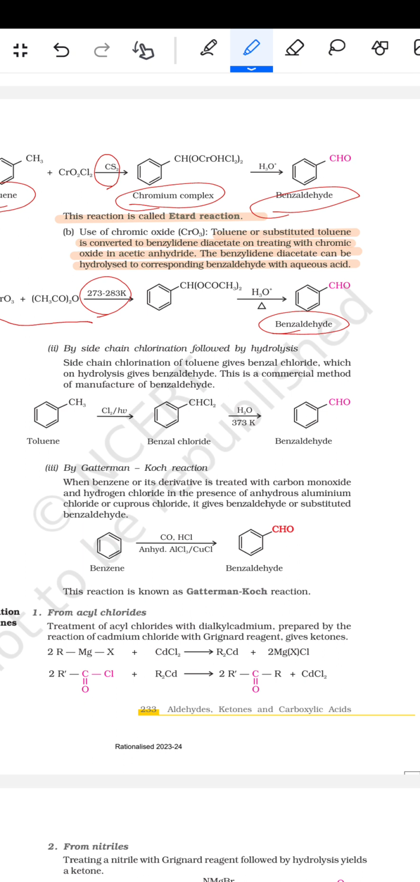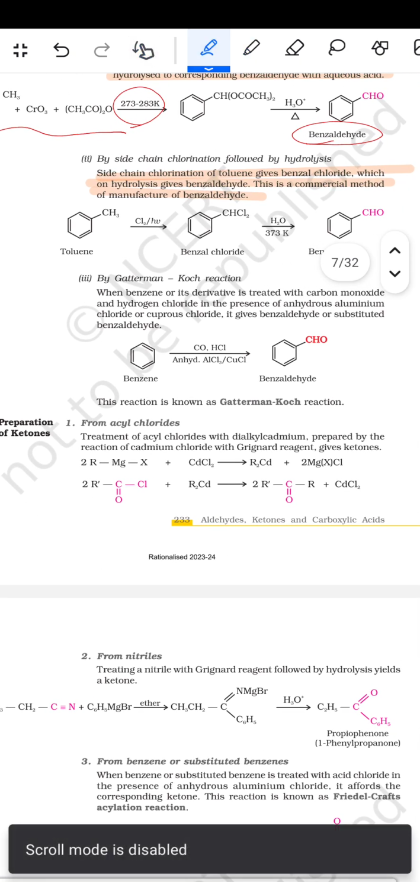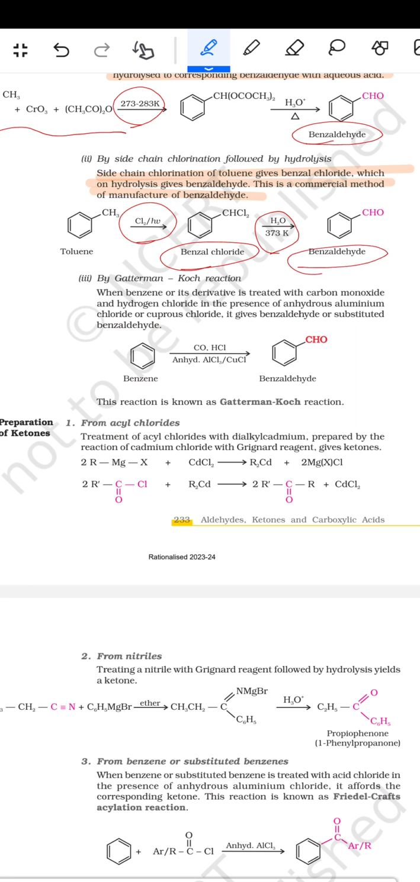By side chain chlorination followed by hydrolysis, side chain chlorination of toluene gives benzyl chloride, which on hydrolysis gives the benzaldehyde. This is a commercial method of manufacture of benzaldehyde। जैसे टॉलिन है, टॉलिन के ऊपर Cl2, hν डालें तो बेंजाइल क्लोराइड बन गया, फिर H2O 373 केल्विन डालें तो बेंजा एल्डिहाइड बन जाता है।